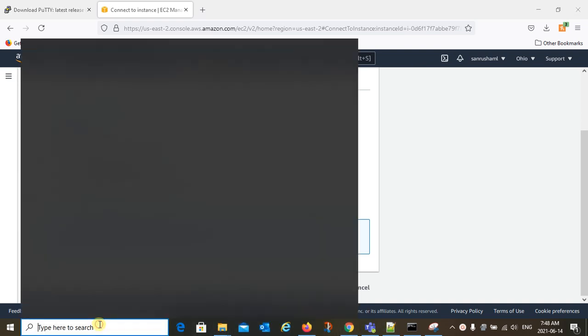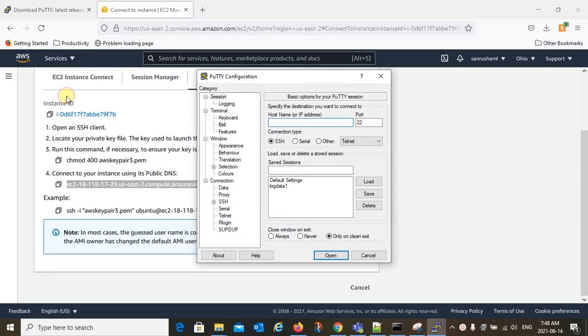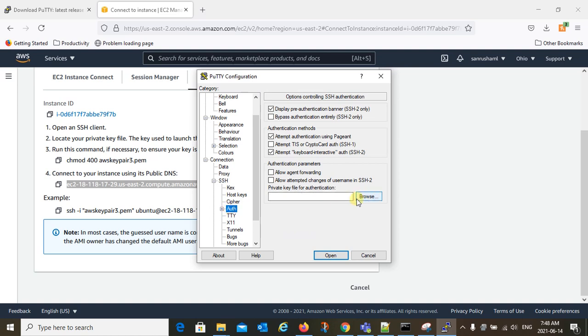Go to PuTTY and put that DNS here, put a name. I'm going to say big data 2. Go to SSH authentication, and over here browse the key pair file which you saved on your computer.